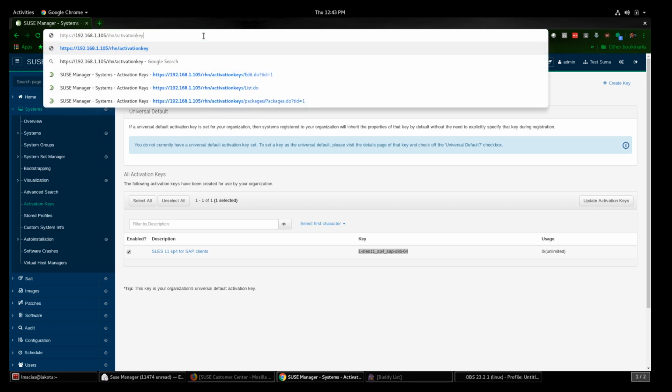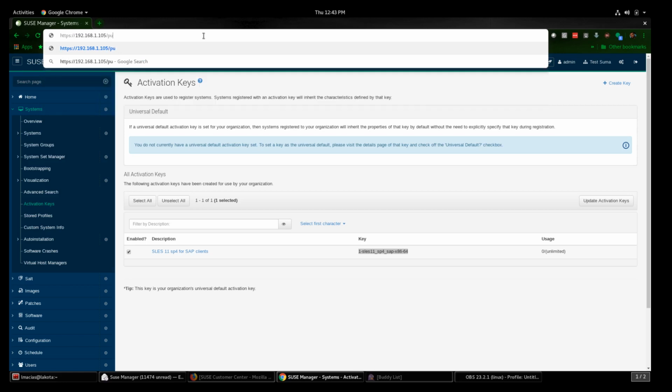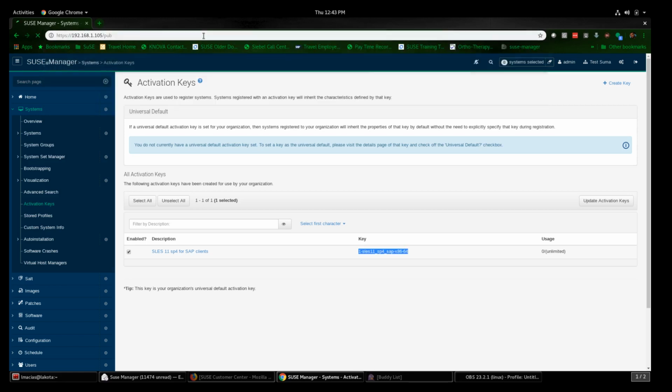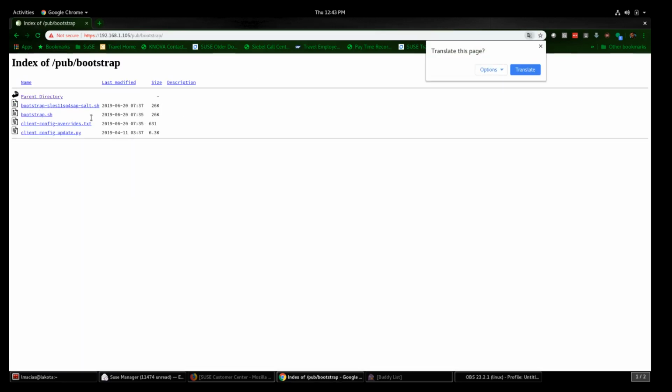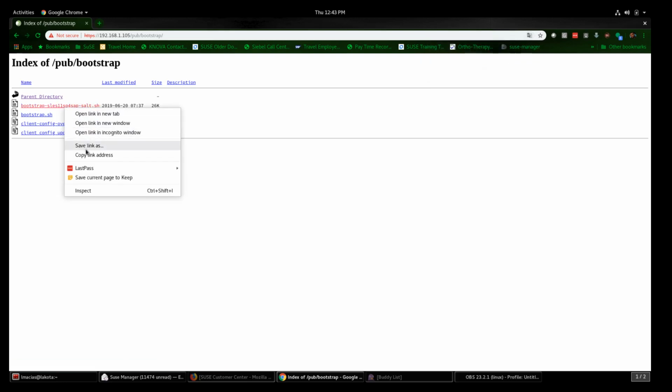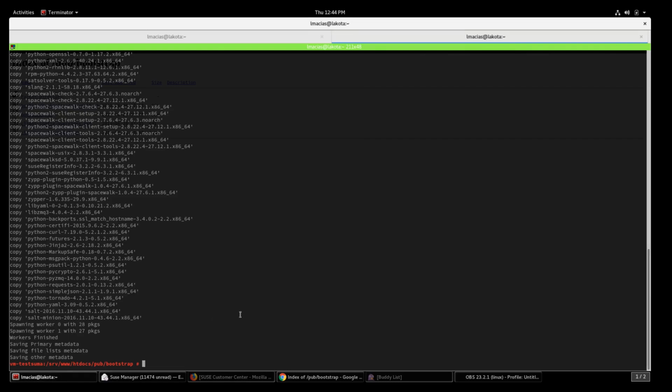If I go to... is it pub? Yeah, there's bootstrap. Right, so I can download this bootstrap script right from here. You can do however you want. Copy link address, and if I go to my client,